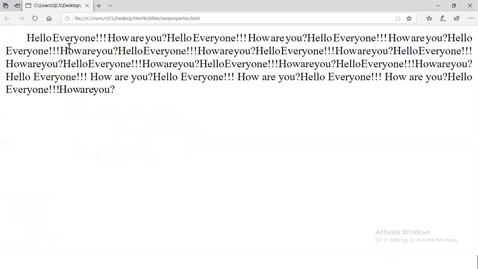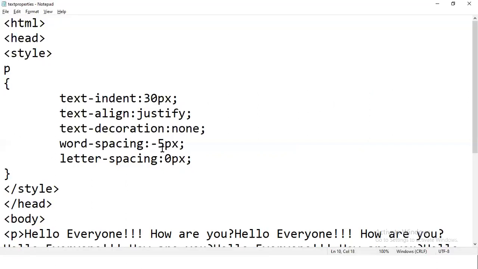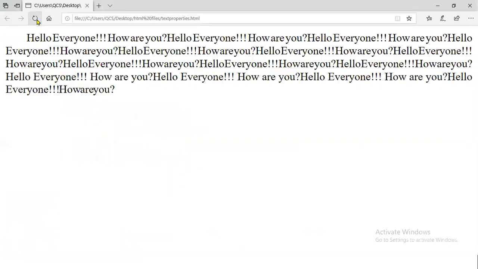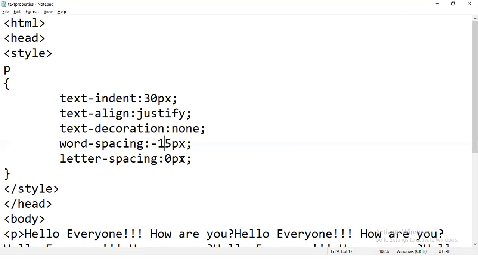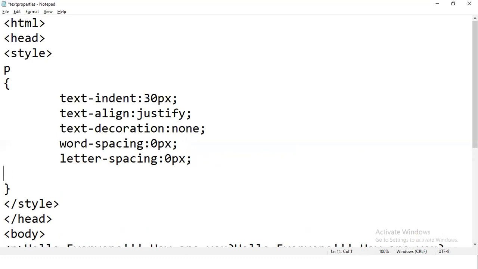Then you can see the gap is reduced. If you increase the value to 15 like this, then the overlapping effect will be there. So this will happen if you have a negative value. Right now I am giving word spacing, and the letter spacing is 0 pixels.